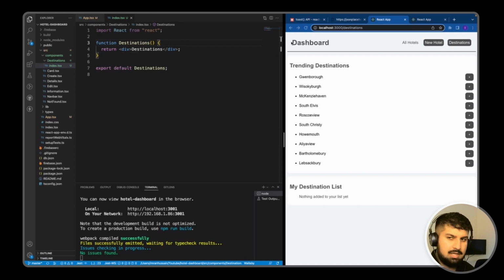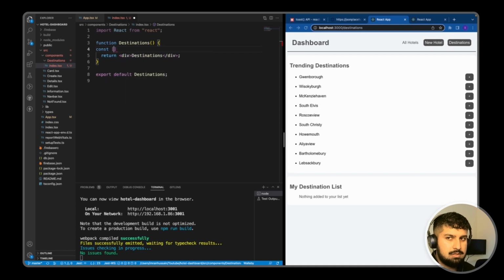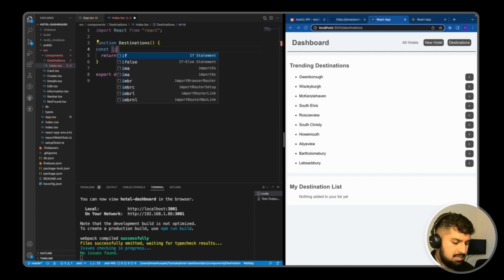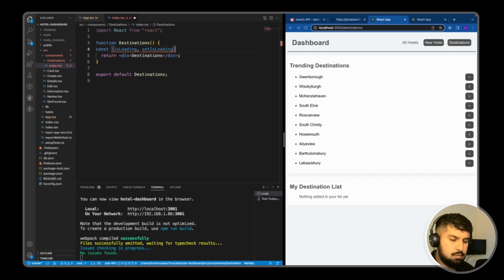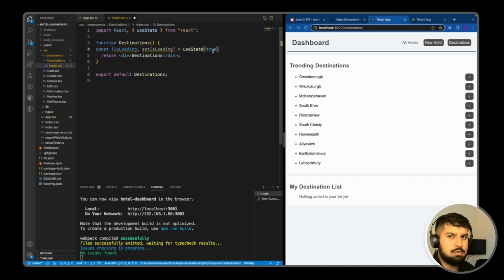So if I go into here, I'm going to create a few pieces of state. First piece of state is going to be the loading state, and this is done with React useState. So const and then isLoading and setIsLoading. And what we are going to do is set isLoading to true. So this is equal to useState of true, like so. And if we just import useState from React also, so what this means is if it is true, when we load our application, what we want to see first off is page is loading. This is because we are fetching data from the API, and once that has resolved,